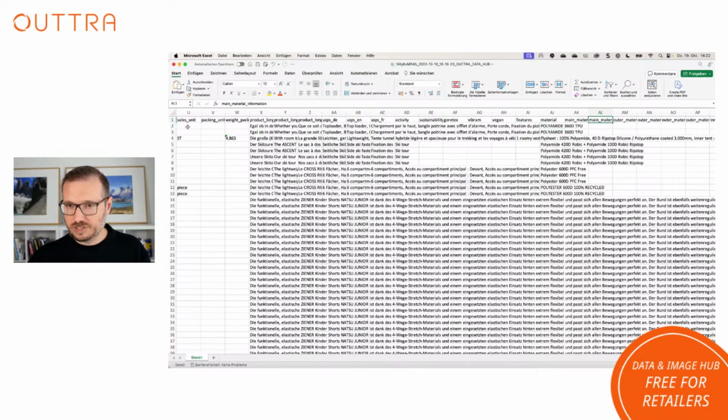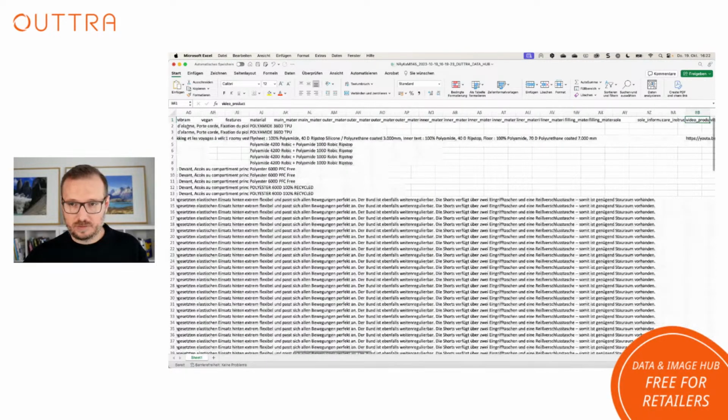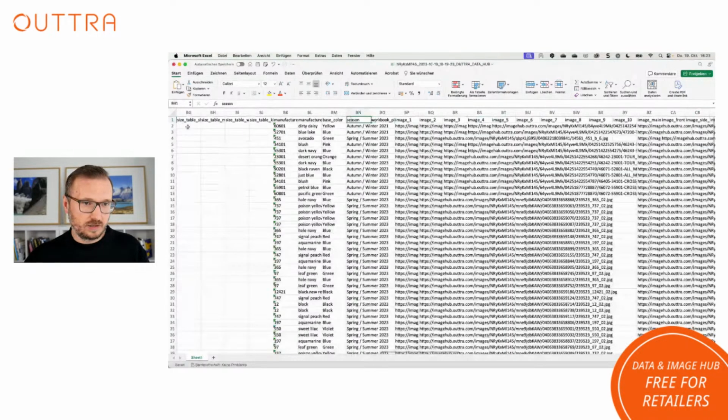We have the material information, which is here in the base that the RMB data project has. The material information will be extended much more with the SDEX project as soon as it's included in the OUTTRA Data Hub. And then here you can see there's a product video. There are manufacturer attributes like the color codes, the color, the base color. So we look at every manufacturer color. We try to match that to a base color in our OUTTRA system, so that a retailer can make a filter on their system,